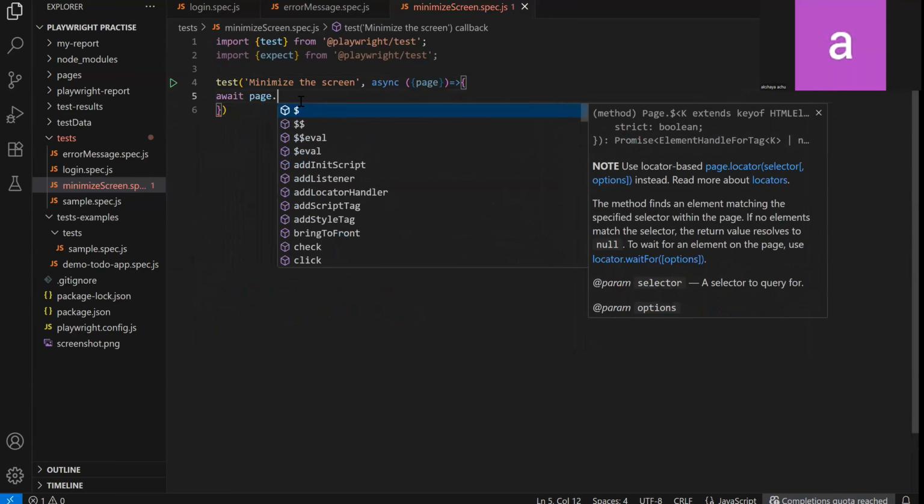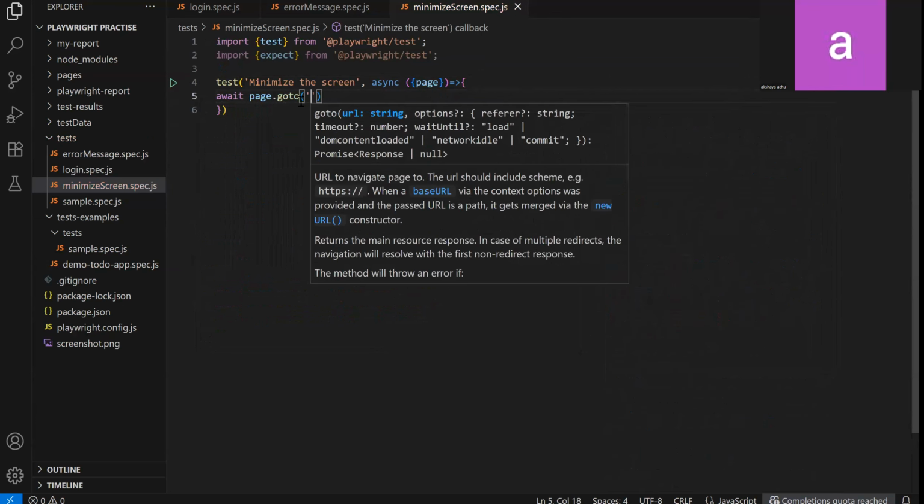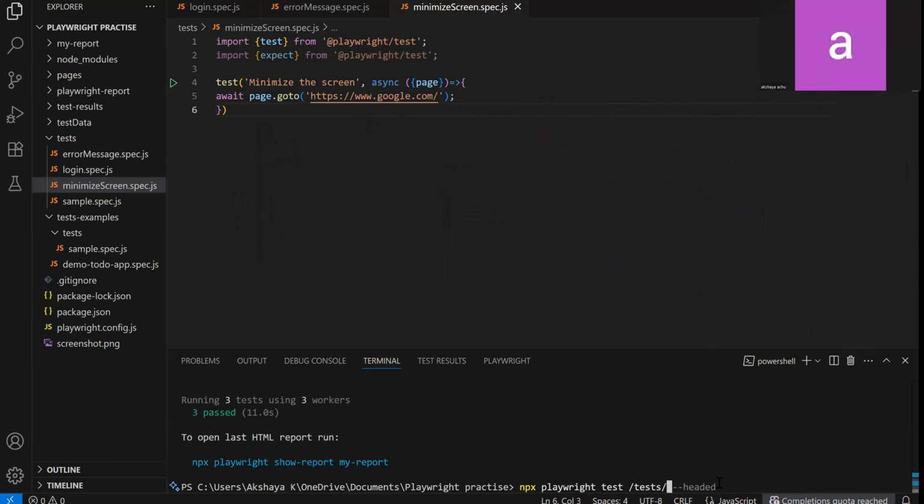Now I'm going to give the test steps. Await page dot goto. This time I'm going to give the Google URL. So let us execute the test case. npx playwright test space slash tests slash, I'm going to give the name of the spec file, which is minimize screen dot spec dot js,